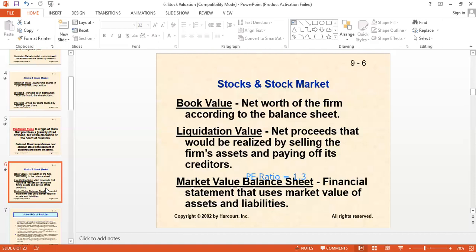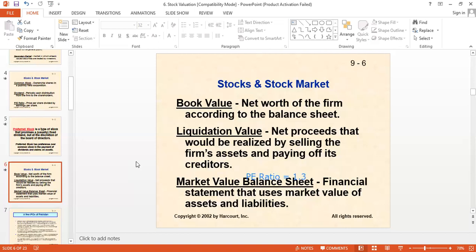However, in contrast to the book value, we have the market value balance sheet, the last figure mentioned over here. The market value is normally higher than the book value. As in the previous example, the book value of the balance sheet of Lucky Cement is 1.2 billion. But practically, when Lucky Cement is available to be sold, their value will be higher than their book value because of goodwill, because of the reputation of Lucky Cement.